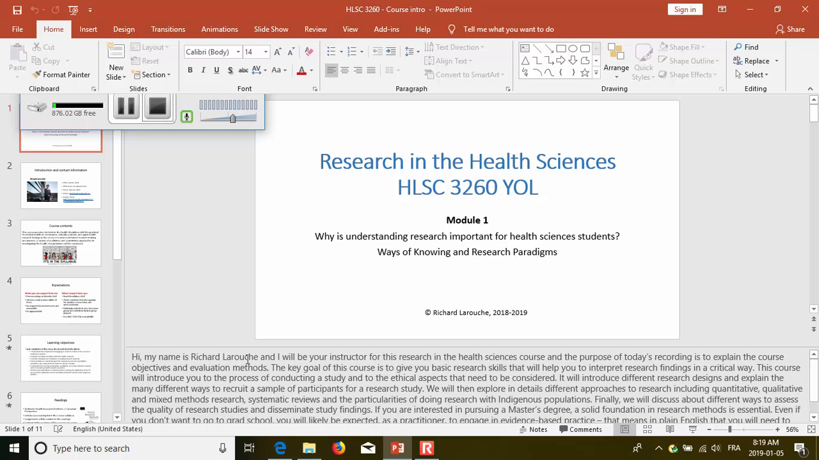The key goal of the course is to give you basic research skills that will help you to interpret research findings in a critical way. The course will introduce you to the process of conducting a study and to the ethical aspects that need to be considered. It will introduce different research designs and explain the many different ways to recruit a sample of participants